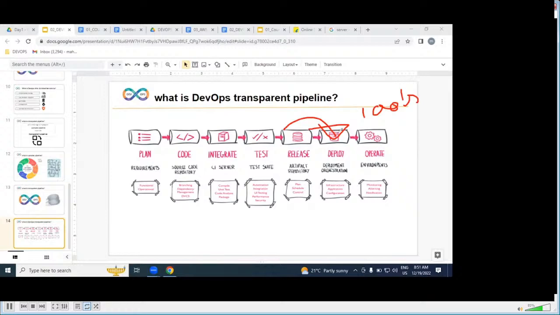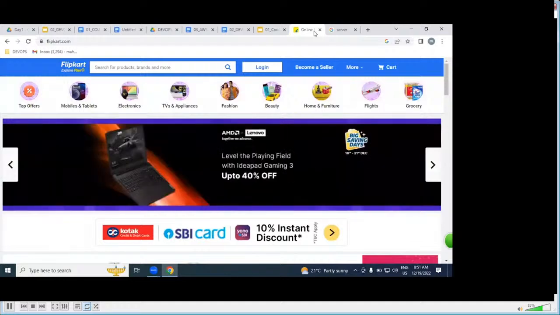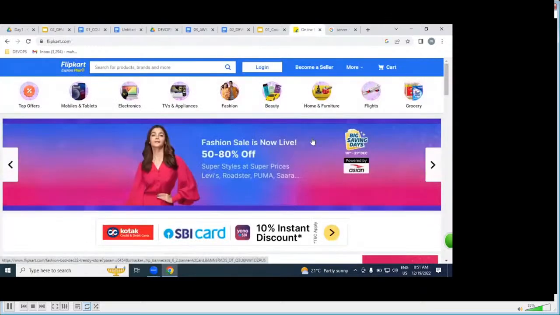Once it is placed on hundreds of servers, we can access it on the internet as a website. This entire process, what do we call it? DevOps. Once our application is placed and we can access the website on the internet, our job is finished.